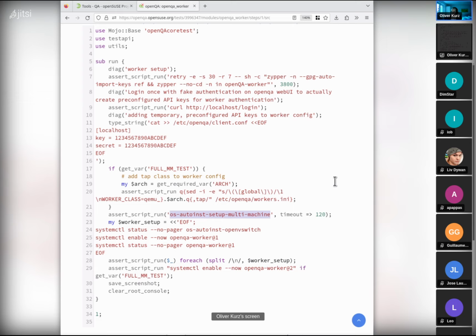So whenever you install a worker, that's done, for example, here, zypper in worker, then we are setting up authentication with a key and a secret. And then what we do is we are adding the tap class into the openQA worker instances in case of multi-test. And then we're calling the setup multi-test. And after that, we're just enabling the worker, or actually the workers. One worker instance and a second worker instance. We only enable